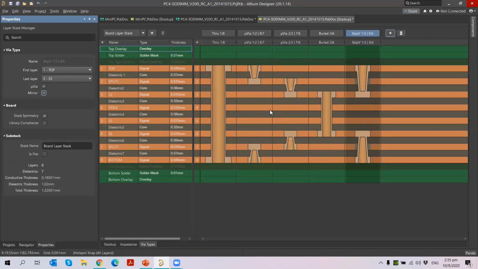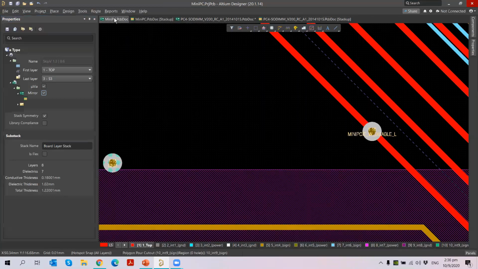But before using it, you have to set the rules in your design rules for your routing vias, which can be used in the routing. Okay, so let me save this. Okay, I will go for this example.